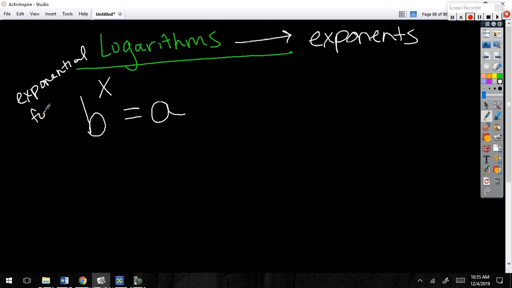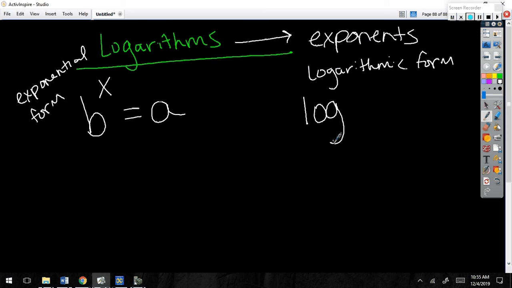I can write this in logarithmic form like this: log base b of a, and logs always equal exponents. Everybody gets confused because it looks so crazy, but this is essentially the same thing as saying